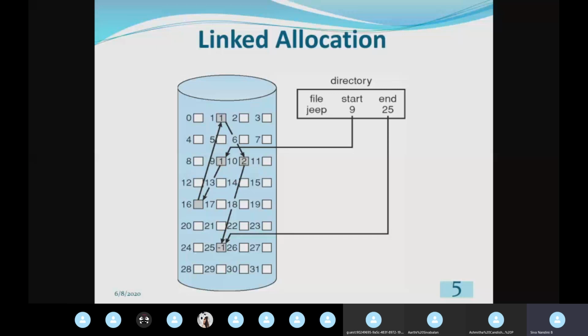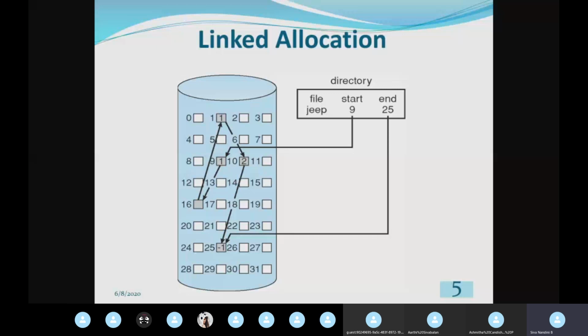You can see in logical block 9 it is numbered as 1. It is numbered so because it indicates the content of the logical block. So this 9 is the first logical block of this Jeep file. After this, you see an arrow indicating the next block. That is, this ninth block will have a pointer to the next block.